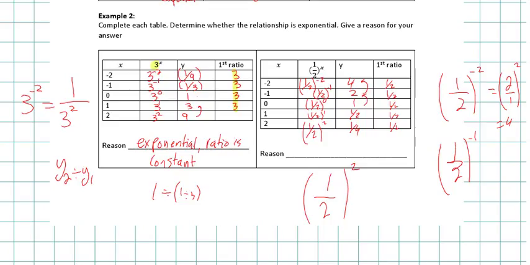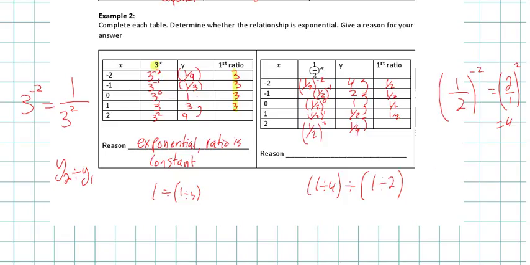A half divided by 1 is a half, and a quarter divided by a half is a half. If you actually use a calculator, again, you're going to have to do the brackets. You have to do 1/4 divided by 1/2, and that should give you a half. You can try it. So, what can you tell me about this? Exponential ratio is